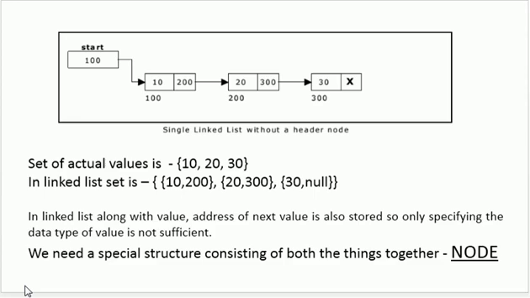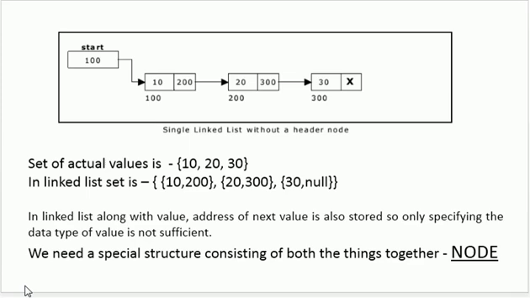So what I am going to do, since 10 is my first value, first of all I am going to save this value 10 at address 100 at a particular starting point, a variable which simply tells me that this is the starting point of the linked list. So I name this variable as start. After that, along with 10, I am going to save the address of the next value so that I come to know where my second value is.